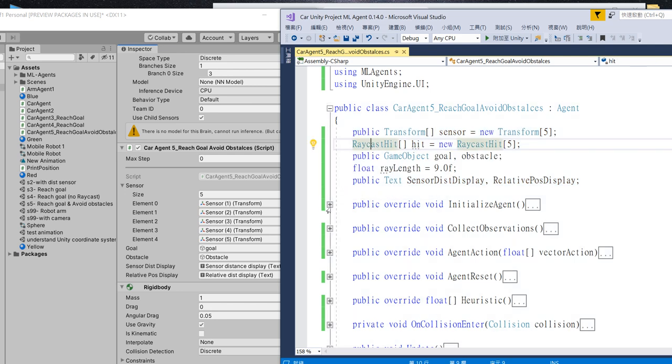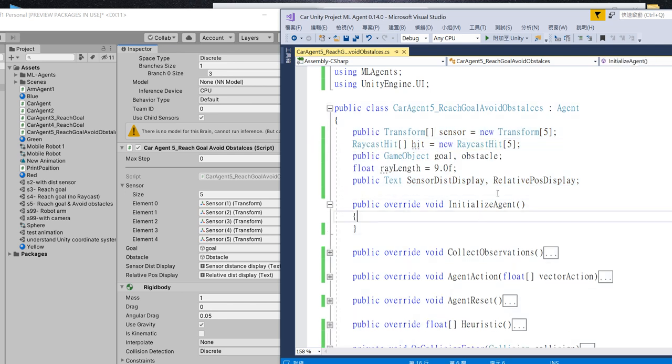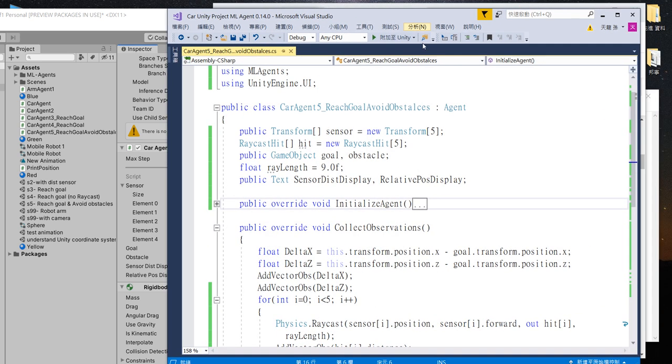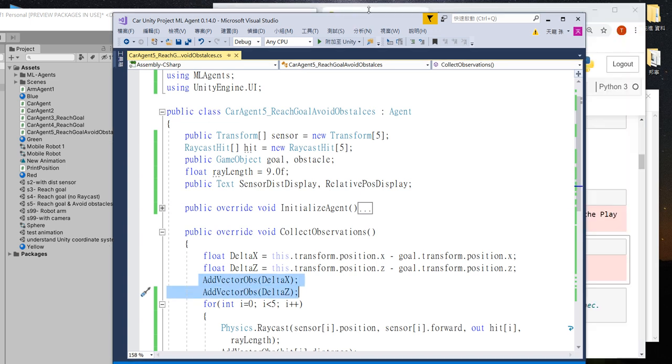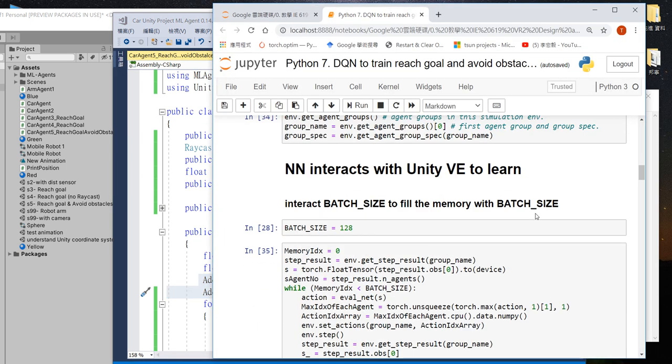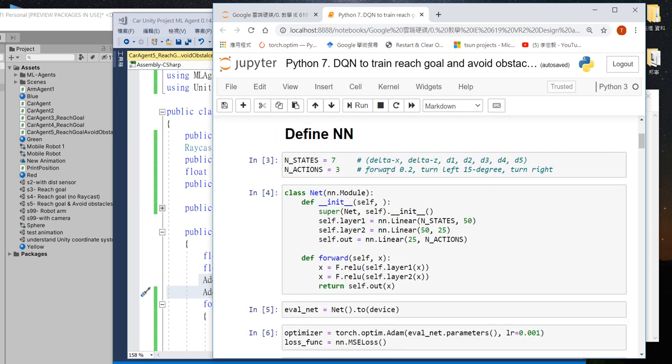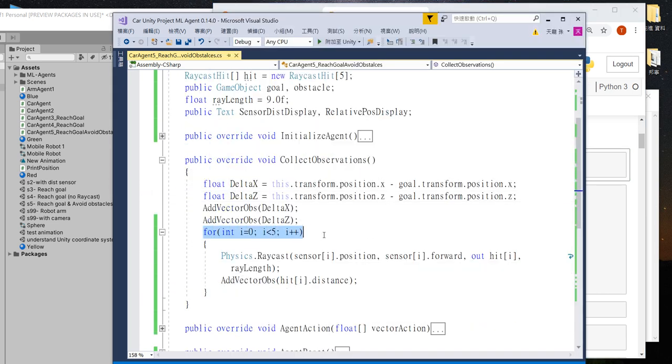Okay, now let's take a look at the first one, initialize agent. We do not do anything, so leave it. Collect observations: first we calculate the x distance and the z distance and use add vectors. So we collect these two observations, delta x and delta z, and then we use a for loop, because for each of these sensors,